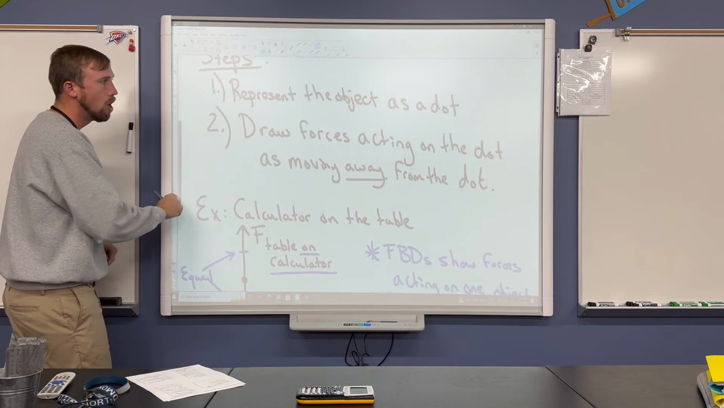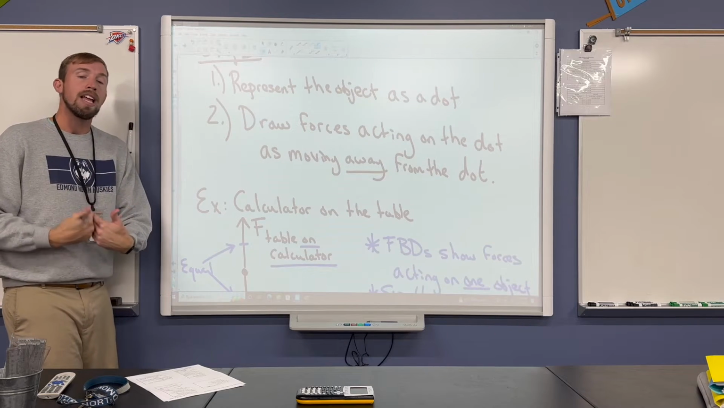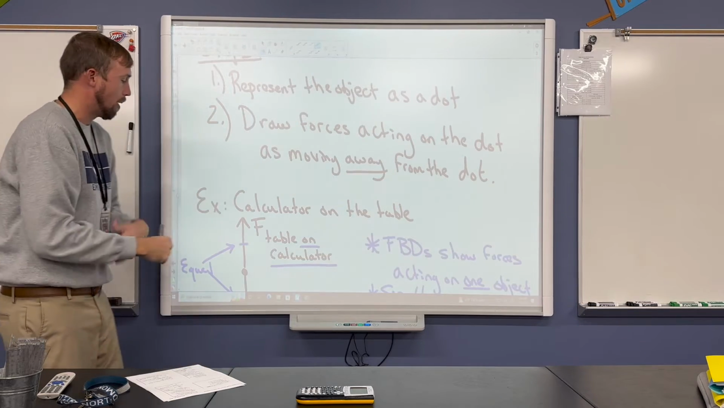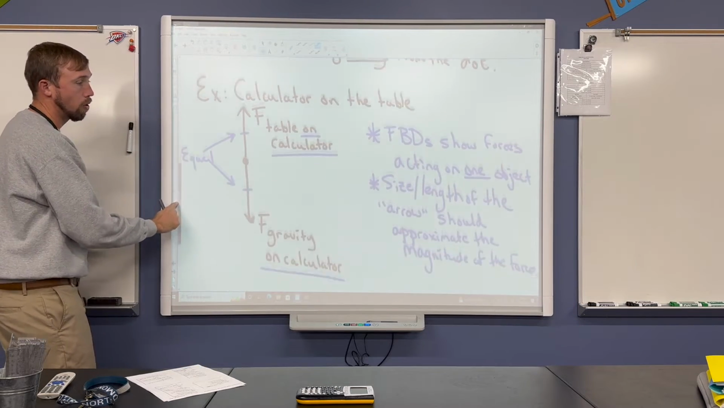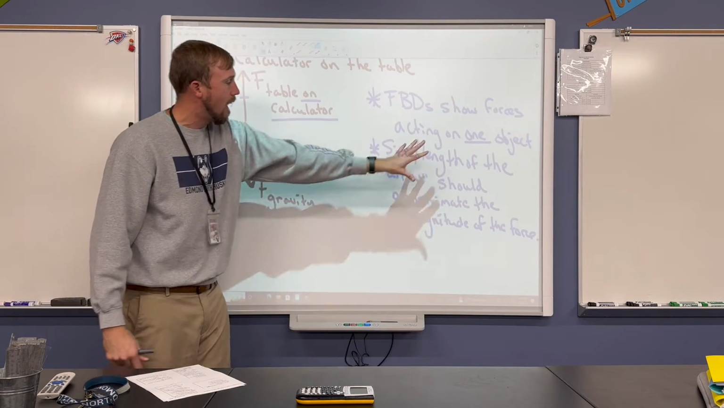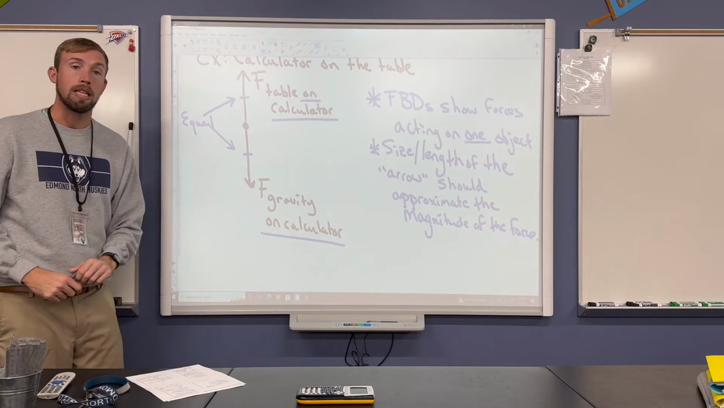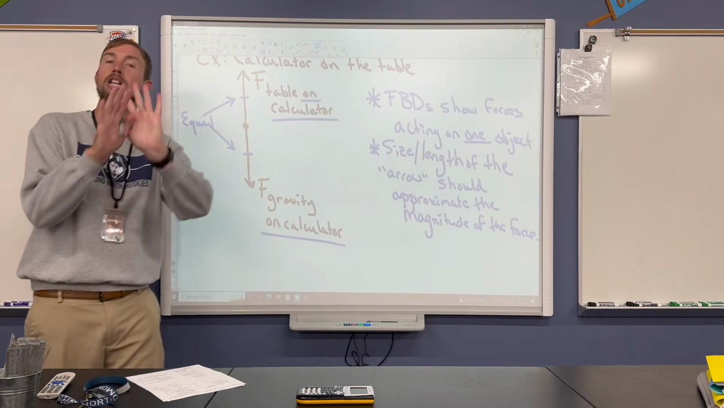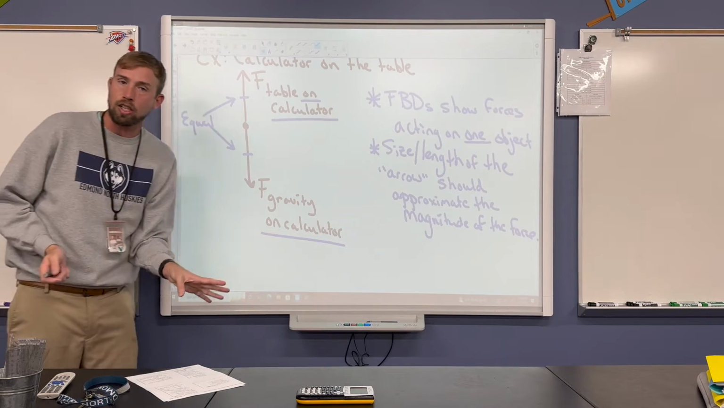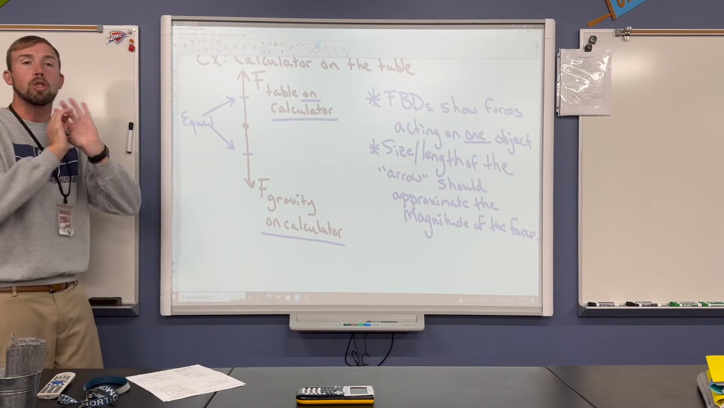Our rules there are that we represent the object as a dot, and then our forces are arrows that proceed away from the dot, always away. Last few things that we touched on here, and we're going to do more practice with this. They always show the forces acting on one object, and the size or length of the arrow should approximate the magnitude of the force. Roughly, right? We just want to roughly approximate what's going on. Doesn't need to be perfect. I'm not going to ask that you get out a ruler and do that,